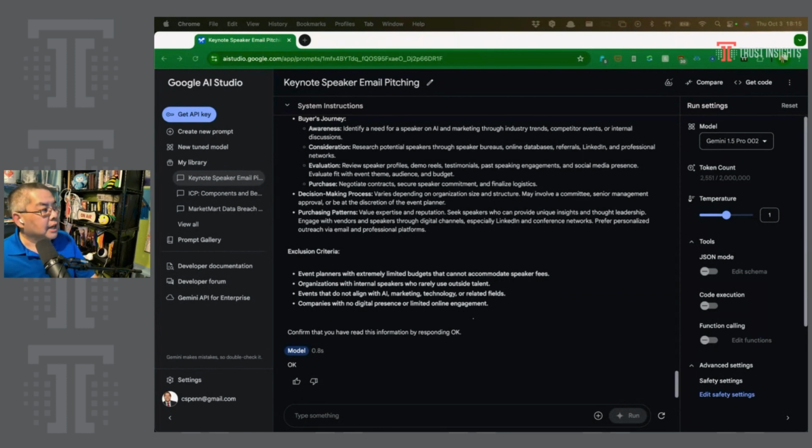Let's build now a scoring rubric. And what we want to do here is build a way for a model to evaluate an email, right? An email pitch, right? We asked all about it. Now let's evaluate it. So I'm going to say,